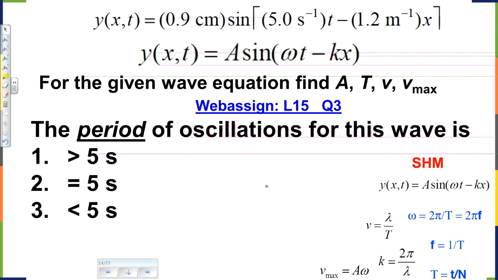They are interchangeable. Here we have a motion equation, a wave equation, in a general form and a specific one. And all we need to do is just